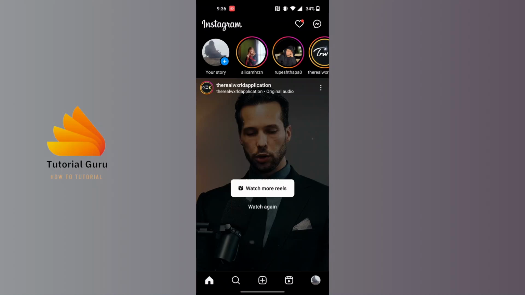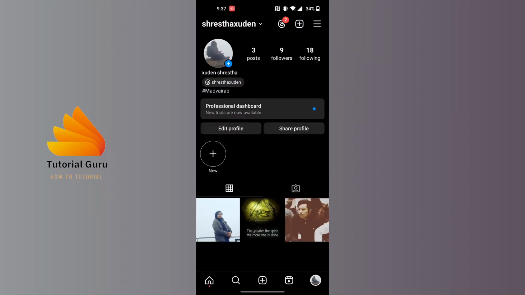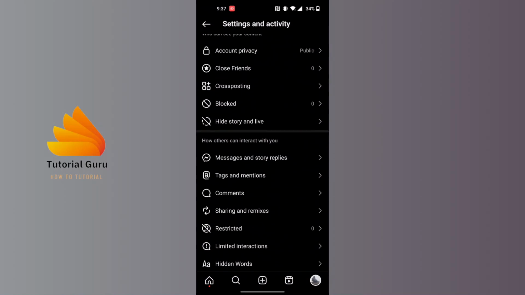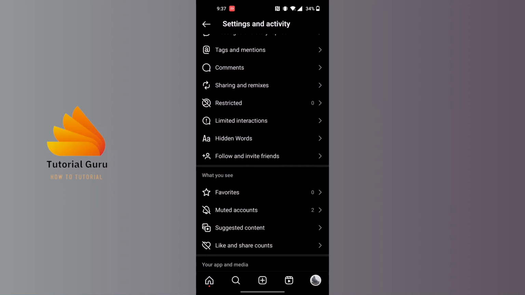That is, at the bottom right corner of the screen, you can see a profile picture icon available over there. Tap on that, and on this interface, again at the top right corner of the screen, tap on the three lined icons, tap over there, and over here scroll down to the bottom until you can find data usage and